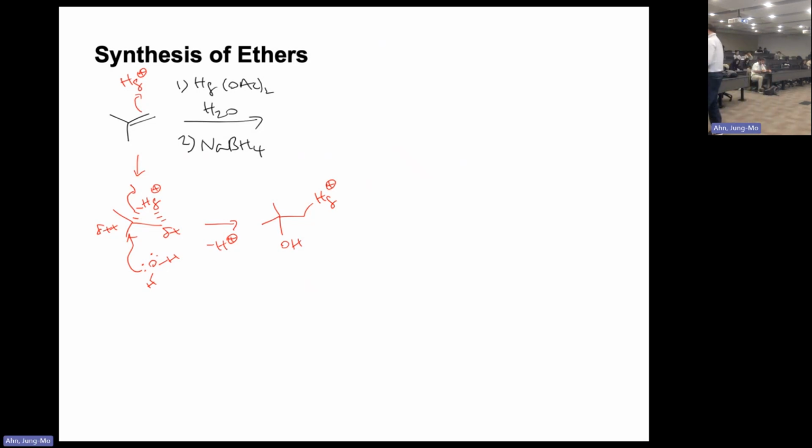And then in the next step, the sodium borohydride will reduce the mercury just by giving electrons. So the mercury is going to be reduced to mercury metal and just replaced by the hydrogen, so you can make an alcohol. This is not ether yet. What I'm saying is, of course, in a double bond, you can make an alcohol there, but using that alcohol, you